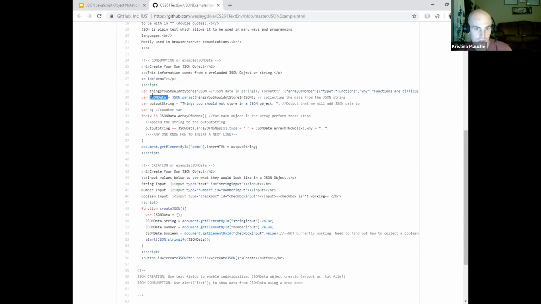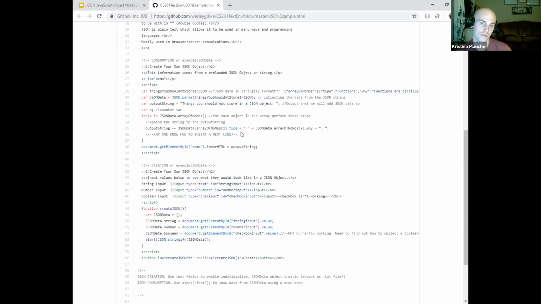JSON data here is in this for loop. It'll go through JSON data, which is this object here, go into the array, and for each value in the array, it's going through this function and appending it to a string.